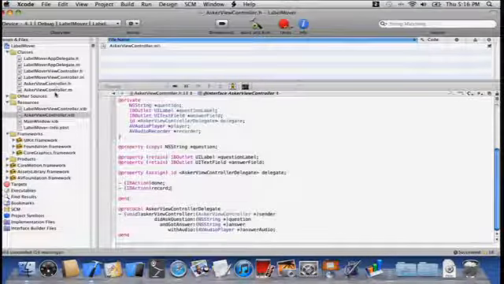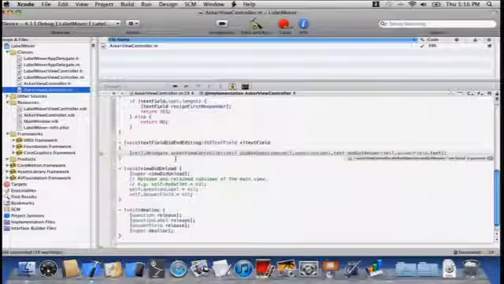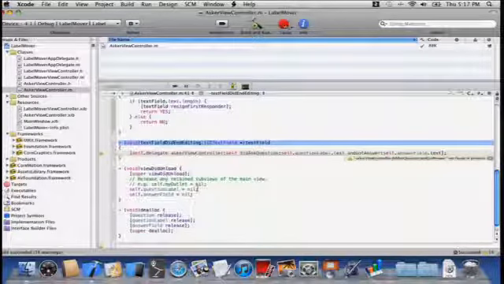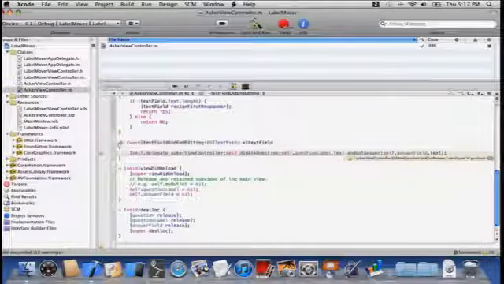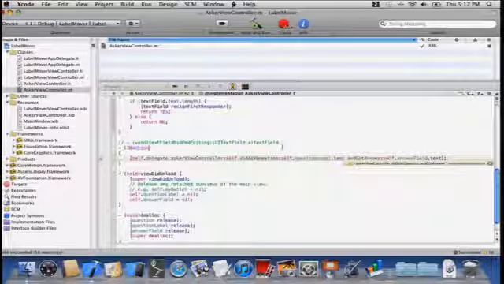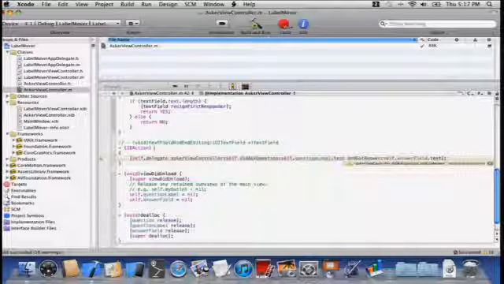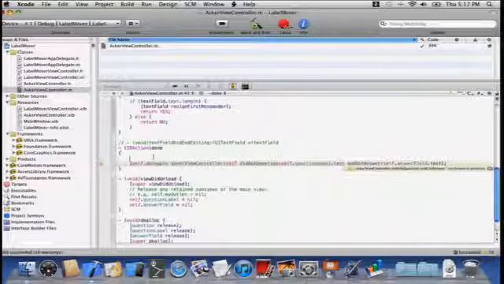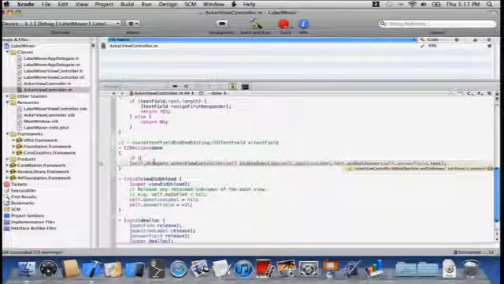And so now let's do the implementation. Pretty straightforward. Right here where I have text field did end editing, that's where I'm firing my delegate method right now. So I don't want to do that anymore. So I'm going to comment that out. And I'm going to just turn this into my IB action done. Now one other thing I'm going to do here just to be totally correct is I'm going to say if my answer